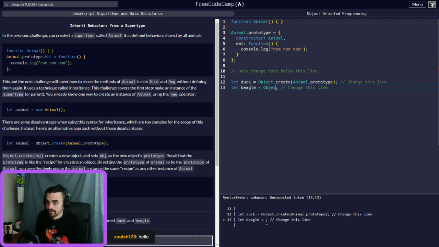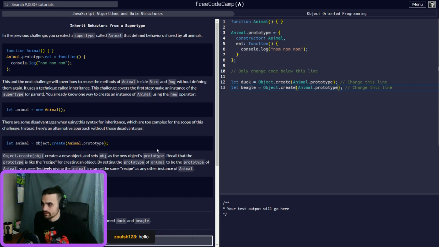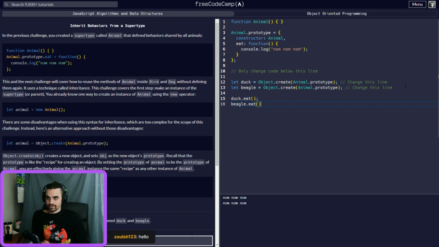So Object.create, so Animal.prototype. Then, if I were to do duck.eat, essentially we're just doing this, so each one of these gets all the prototype, all of these things.